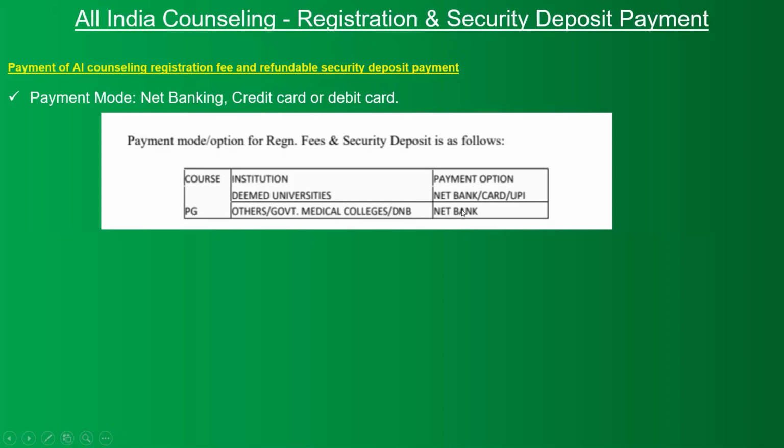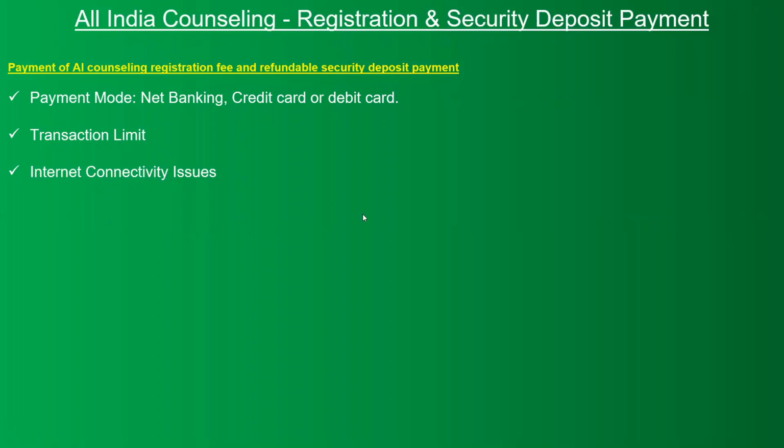We'll have to wait for confirmation on whether a payment gateway can do that limit payment for one set of seats, etc. So we're not sure, but let's see. If that is the case, then only net banking will be allowed for those who select anything except deemed universities, and that is only limited to 26,000 rupees. So net banking should be possible and should not be an issue.